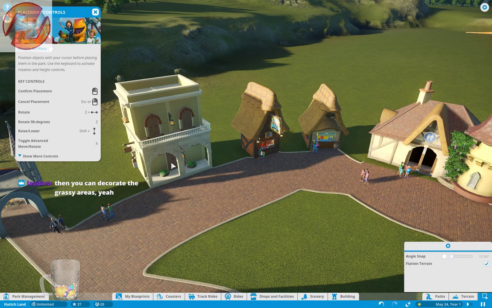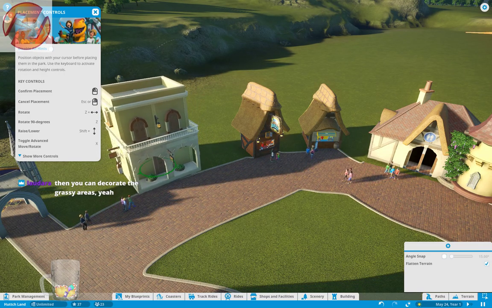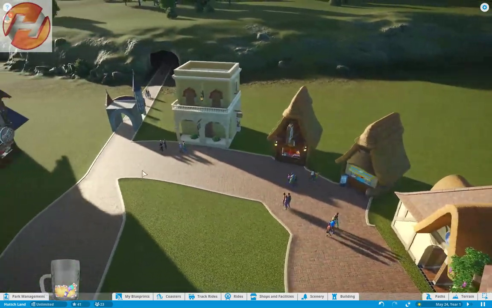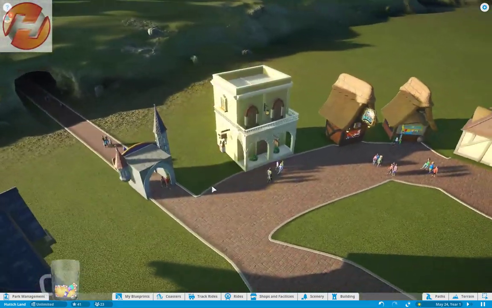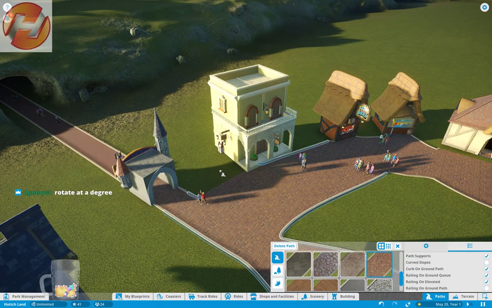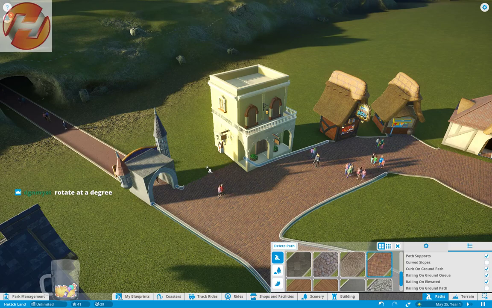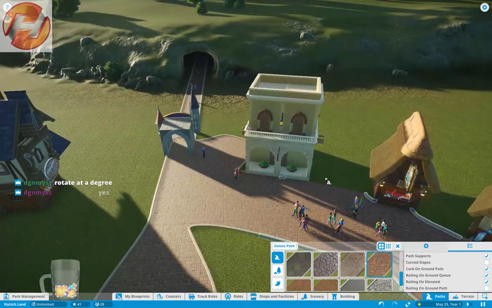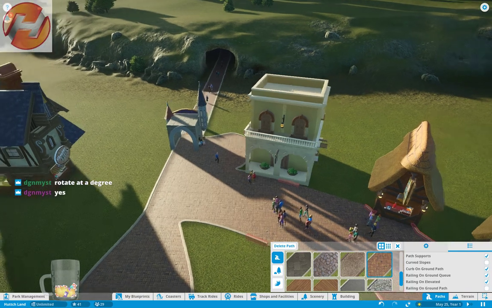Can I build paths on either side? Can I do that? Let's try. See what I mean? Oh, it's gonna let me do it. Yeah, look at that. Sweet. Perfect. Now, can I build...